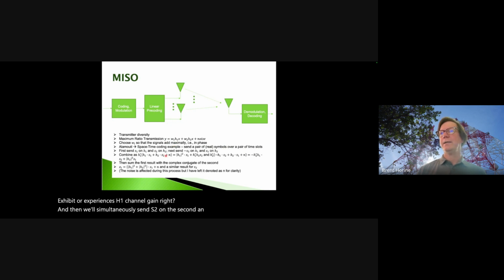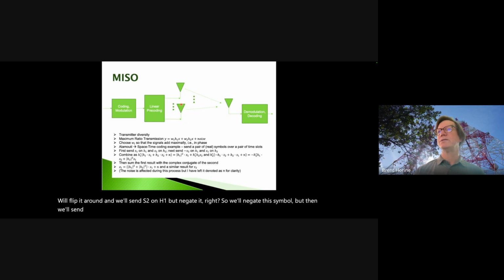And then in the next symbol slot, we'll flip it around and we'll send S2 on H1, but negate it, right? So we'll negate this symbol, but then we'll send S1 just as is on H2. And then over here, we'll